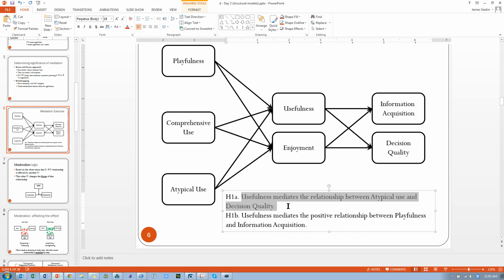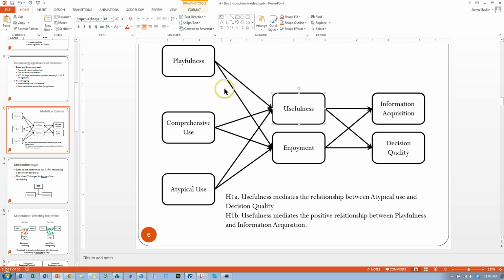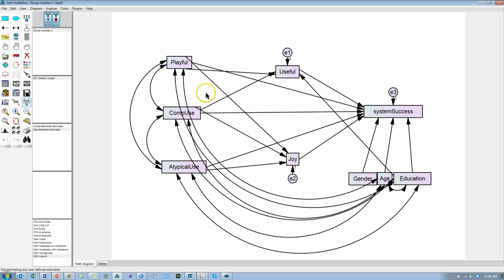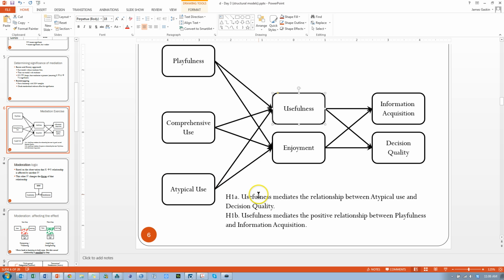Can I ask something? Yes. Later on, we're going to be doing interaction. Because we're going to be doing an interaction, wouldn't it be useful to have direct association hypotheses between playfulness and usefulness, the set on the left and the mediators, because then you could say the interactions actually. We do, don't we? From here to here? Yeah. We do. I didn't understand the question for sure. We have direct effect here. I guess I was just confused because you called the mediators H1. Oh, no. H1 isn't the mediators. I'm saying,